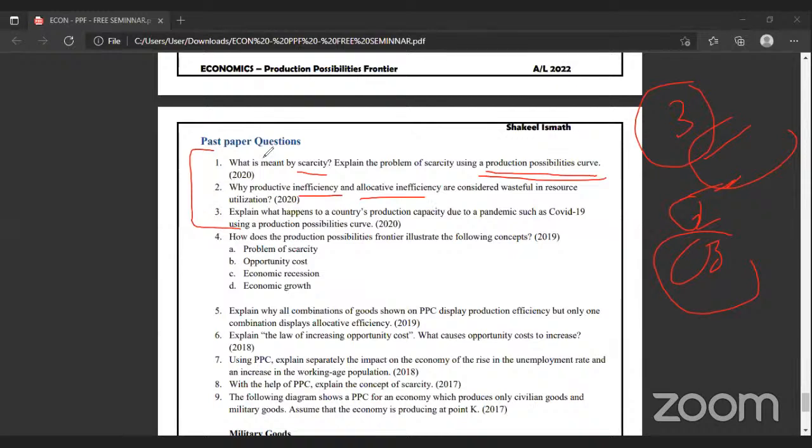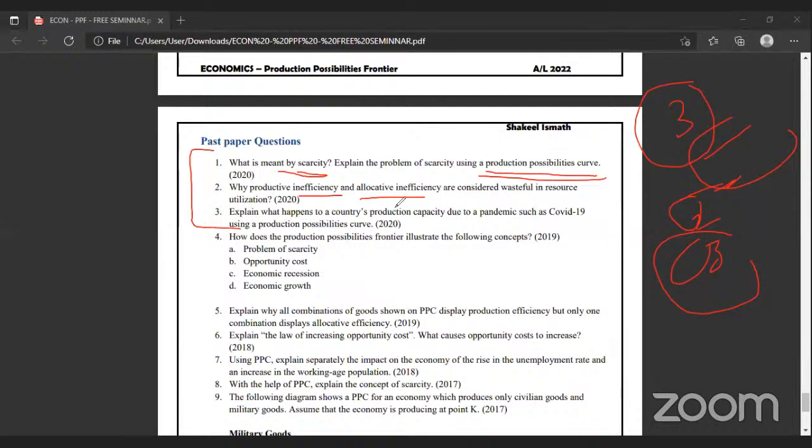Some questions are definition questions like this. But in economics, you can expect around 15% of questions to be asked in an indirect way. For example, you have studied division of labor, the advantages of division of labor. But in the question, they will ask why the companies wanted to focus on division of labor. Then you will be puzzled. Why? How do we know that? We studied only advantages. Actually, they are asking the advantages question.